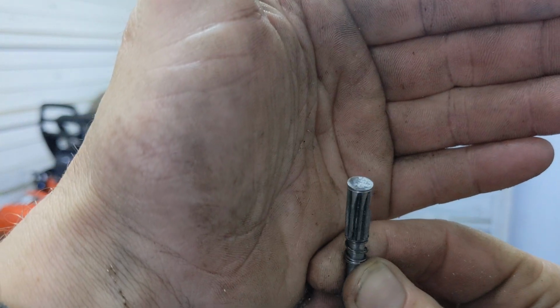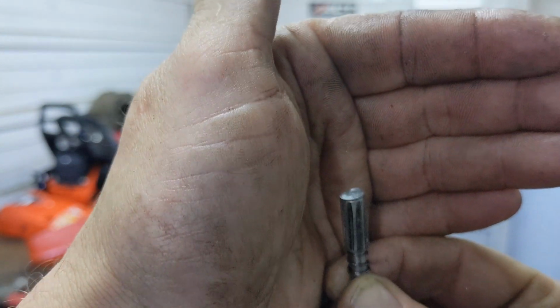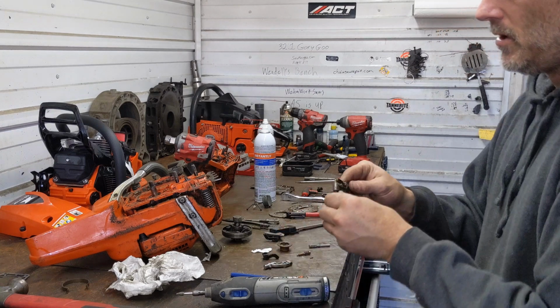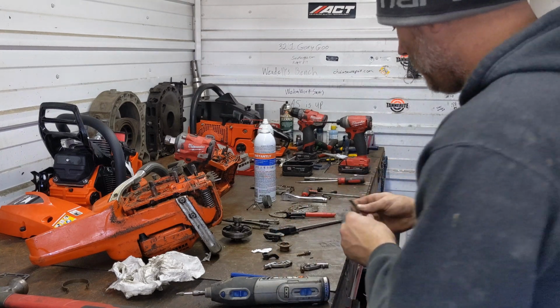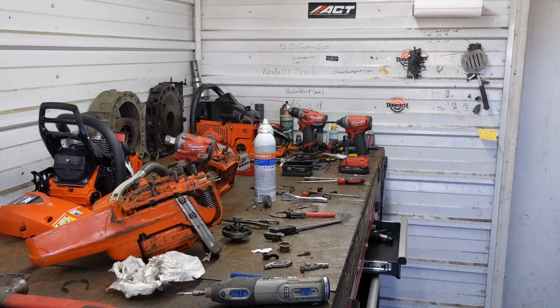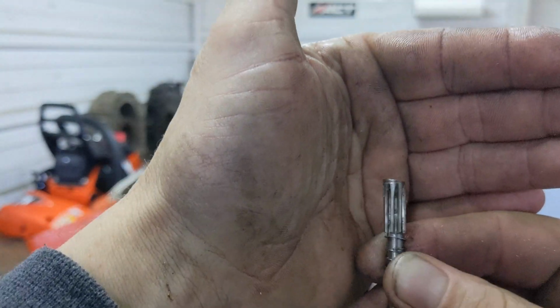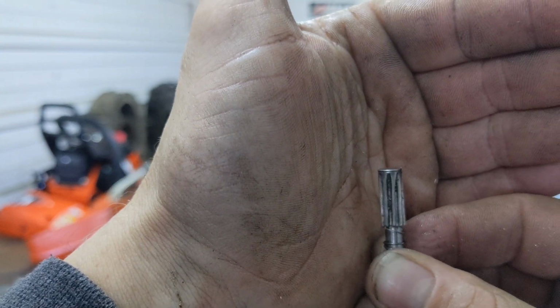And you can see how that's fairly smooth on there. What I'll do is take this over to my wire wheel and polish it. You want that to be smooth as it goes over this set screw. Otherwise it'll create wear on there. I'll do that quick. There you can see our polished surface, smoother than it was before. And you can see that witness line, how I'm just down inside of that. It does not